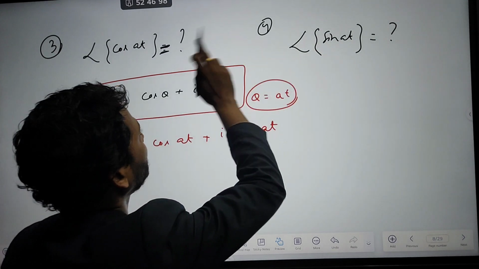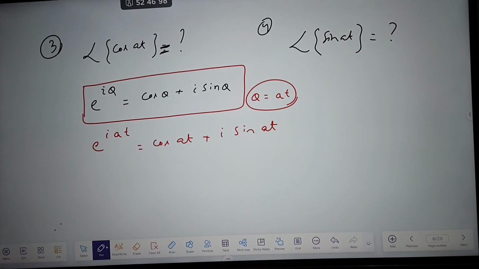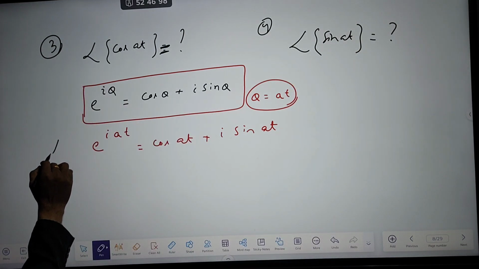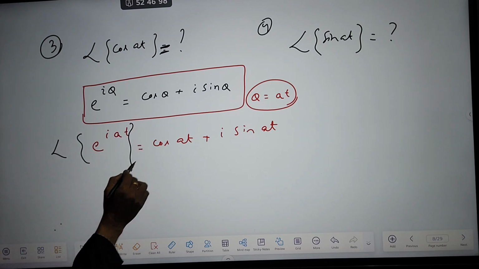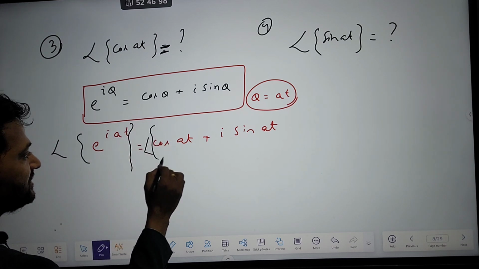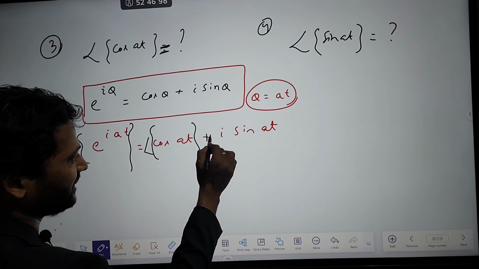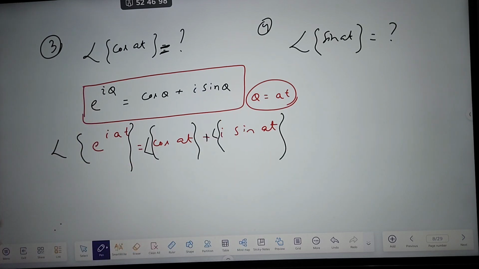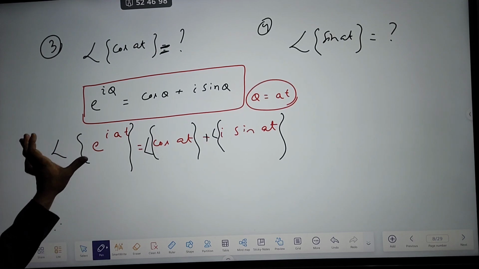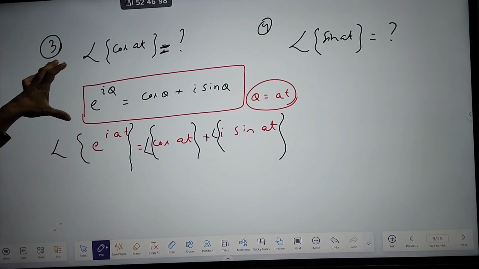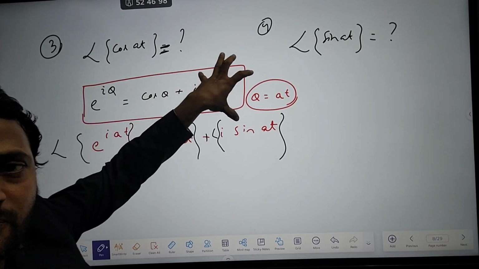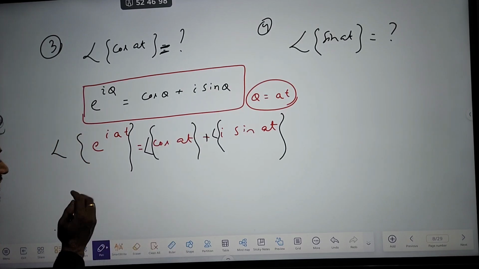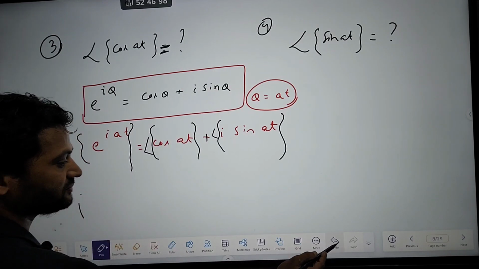get this formula of Laplace of cos at and sin at by using this expression. How? See, you do one thing, you take Laplace of LHS and Laplace of RHS. On the RHS, it will get divided, divide it, separate this part and that part. So step-wise you have to mention, but I am writing here directly. So what I am doing now, I am taking Laplace of LHS and Laplace of RHS. Okay. So what will Laplace of LHS be,